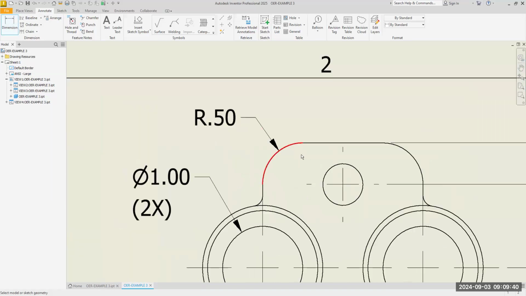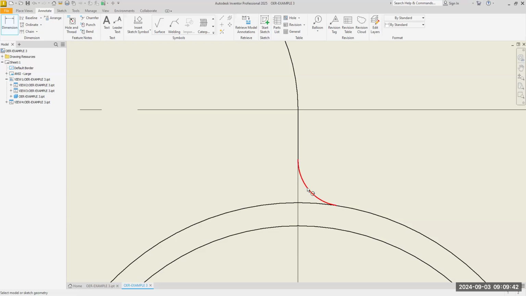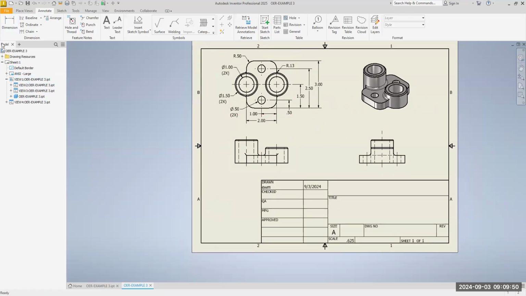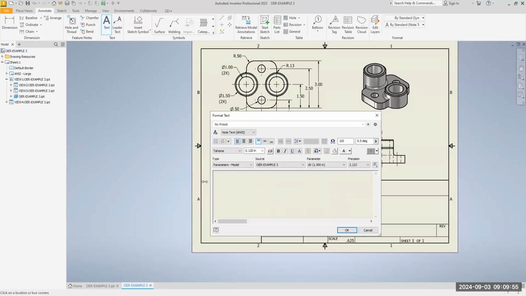What I'm going to do is come in here and put a fillet dimension. And we'll put a note down here. I'll use the text here. And I say, note all fillets have a radius of